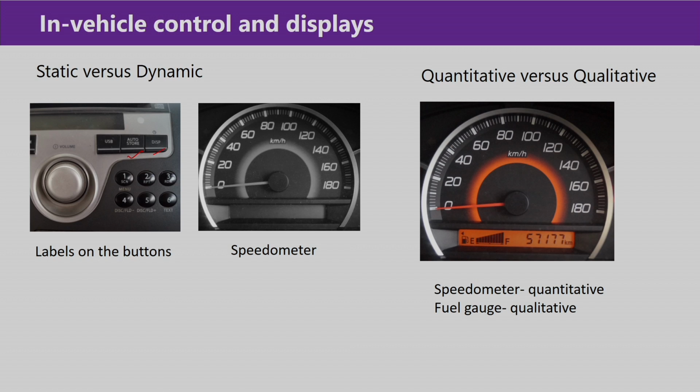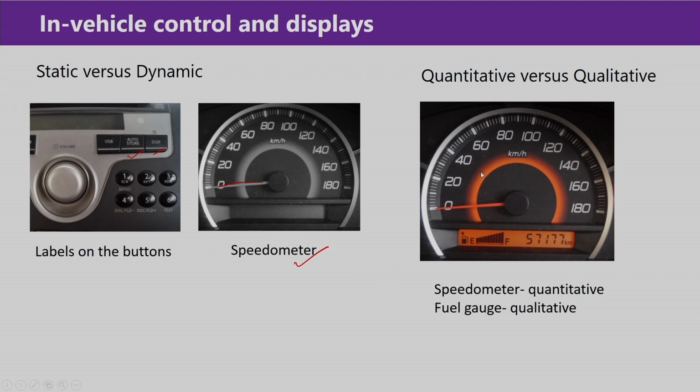On the other hand, while the display is giving the information dynamically, it means with time the displayed information is being changed. Here the speedometer pointer is changing its position from 0 to 40, 60 in this way. While there is a change in the displayed information based on the speed of the vehicle, we consider this as the dynamic display. So, the speedometer is actually used for dynamic display.